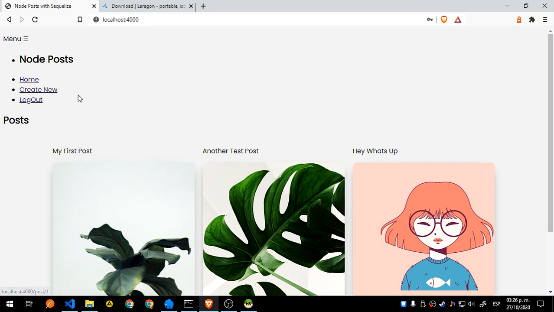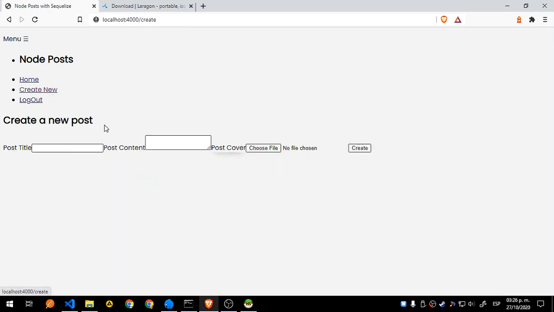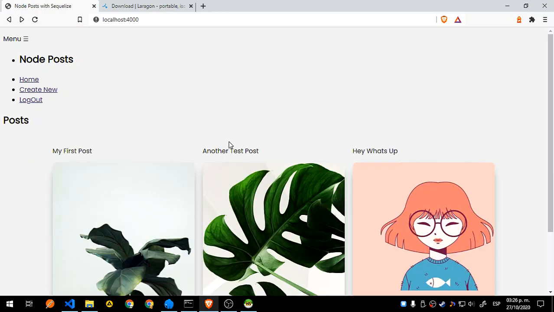I am in login, and I'm still not sure if I'm going to add a dashboard, maybe, or maybe I will leave that to you. You will understand how to do it later, so that might be a little task that you will want to take. Right now we can go to create new, and we can create a new post. Nothing too fancy, just to showcase all of the basics of Node.js